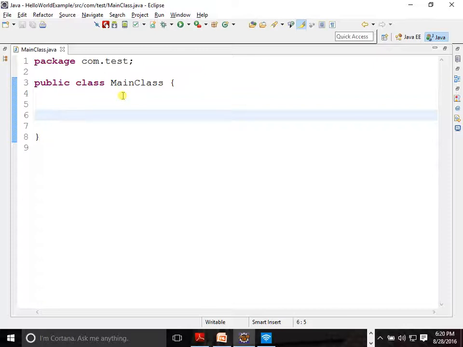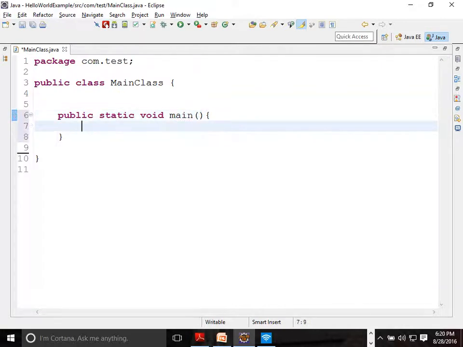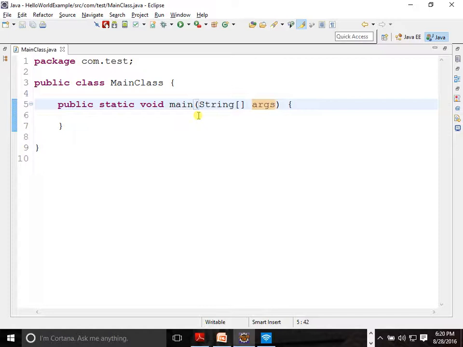If you want to write public static void main, no need to write it all out. Typically this is the syntax which we write, and the parameter we pass here is String, something like args.